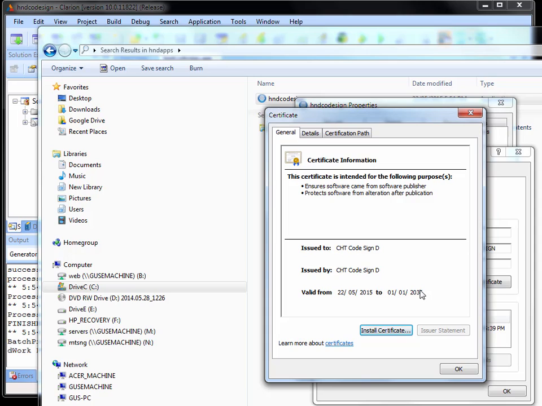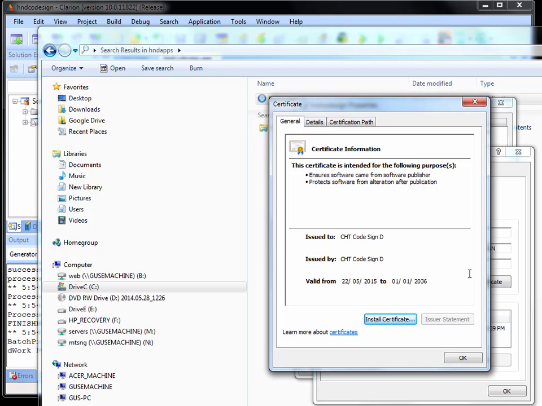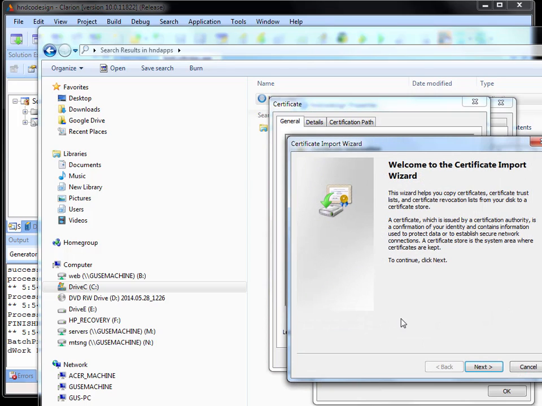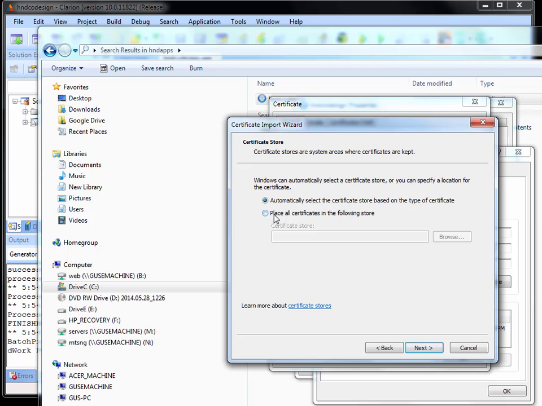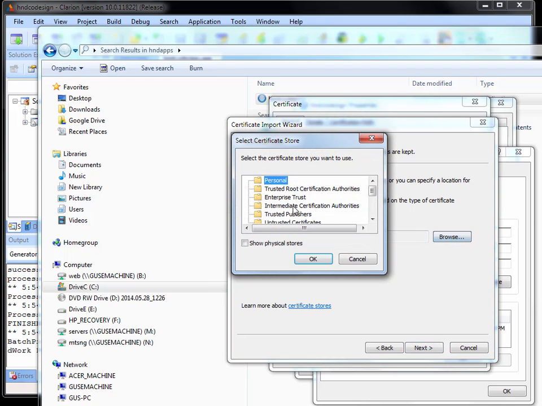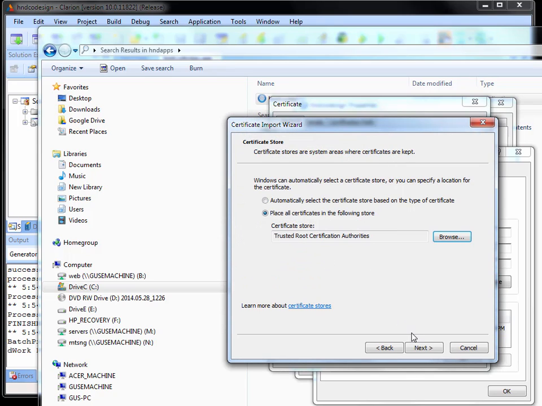You can sign all your apps with the same certificate, and that certificate on his machine will verify the validity of the install, whether the executable is valid, hasn't been changed, and so on. So they can click that install. Again, this is just the first time, and this is that same import wizard that I used, and they can work their way through here and insert it into their trusted root store,